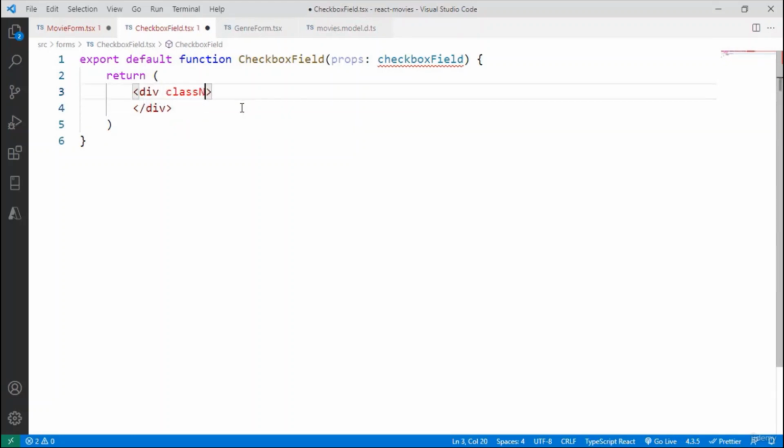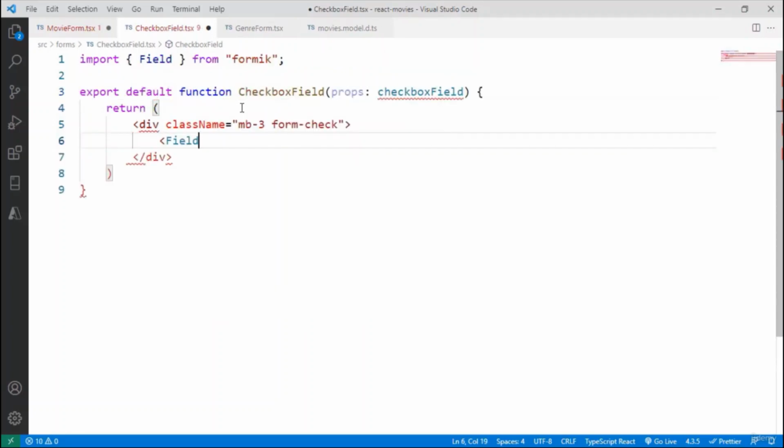Let me say here class name mb3 form check, Field, which comes from Formik, class name form check input, id,